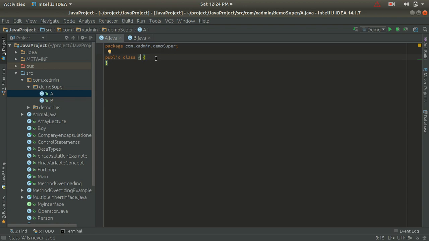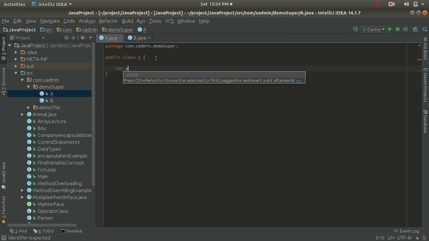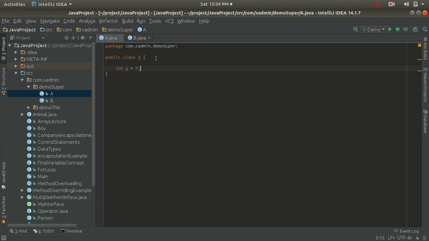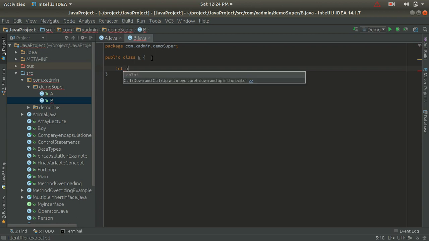Inside class A I am going to define an instance variable with the name A, and I am assigning the value 7 to the instance variable A of class A. And inside class B, I am creating an instance variable with the same name as in class A. So let's say int A is an instance variable of class B, and here I am assigning the value 8.